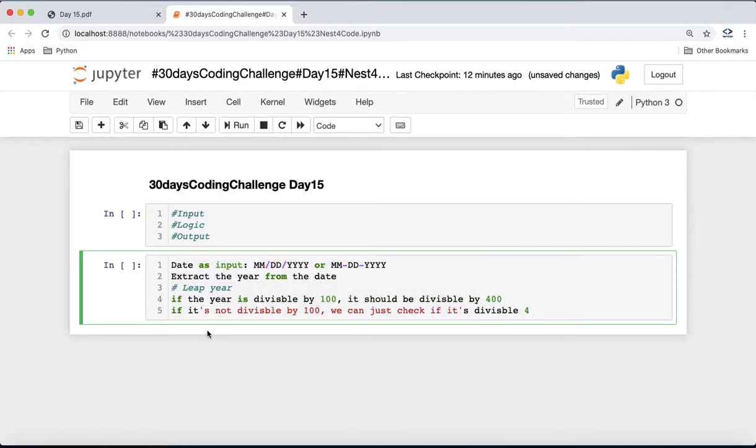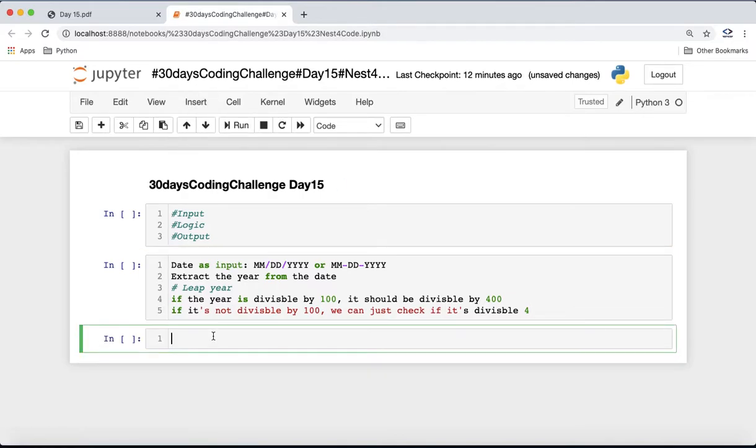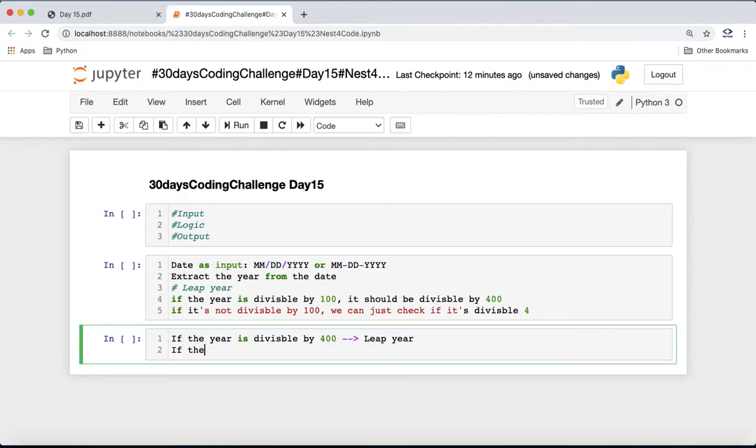So the logic can be: we can first check if the year is divisible by 400, it will be a leap year. If the year is divisible by 100, it will not be a leap year. Why? Because if it was divisible by 400, it would not come in the else case.